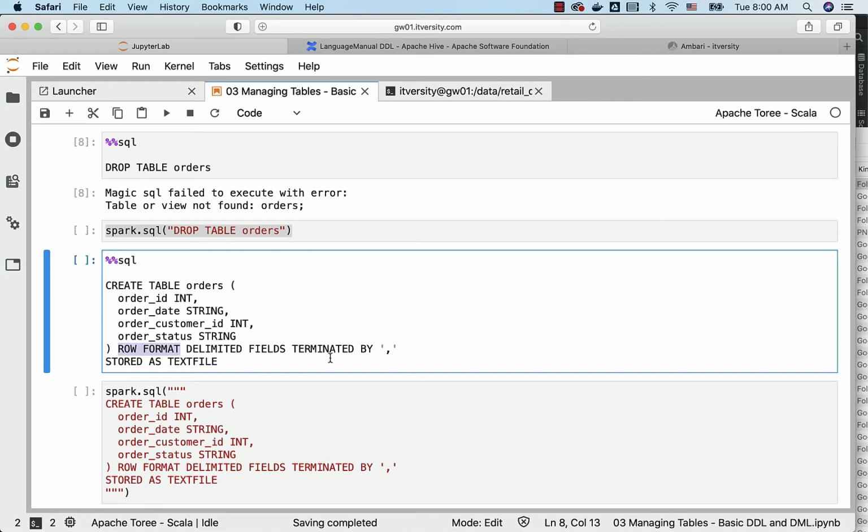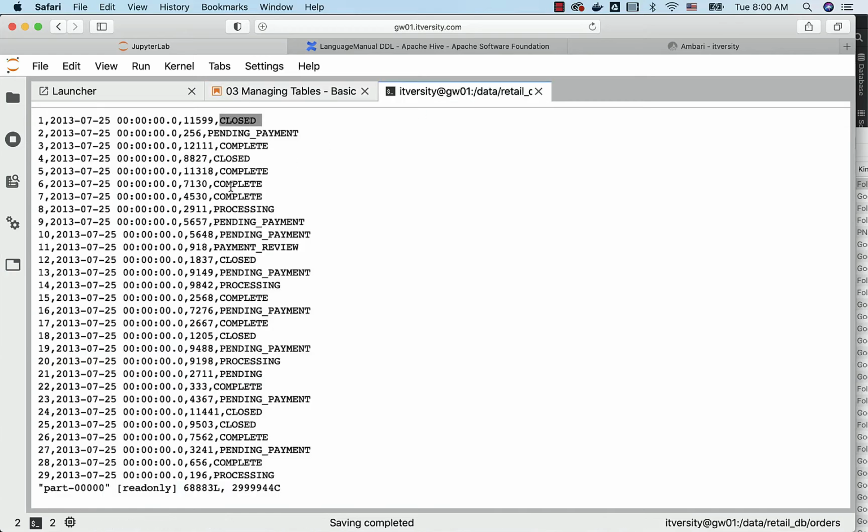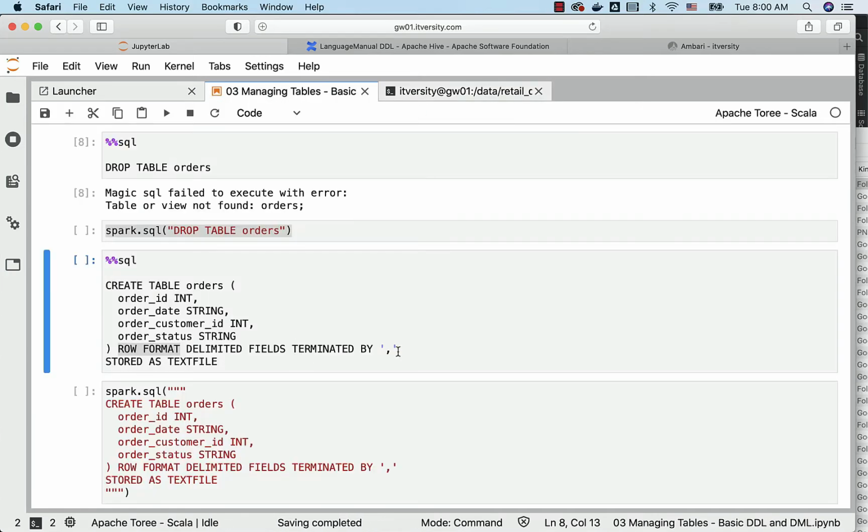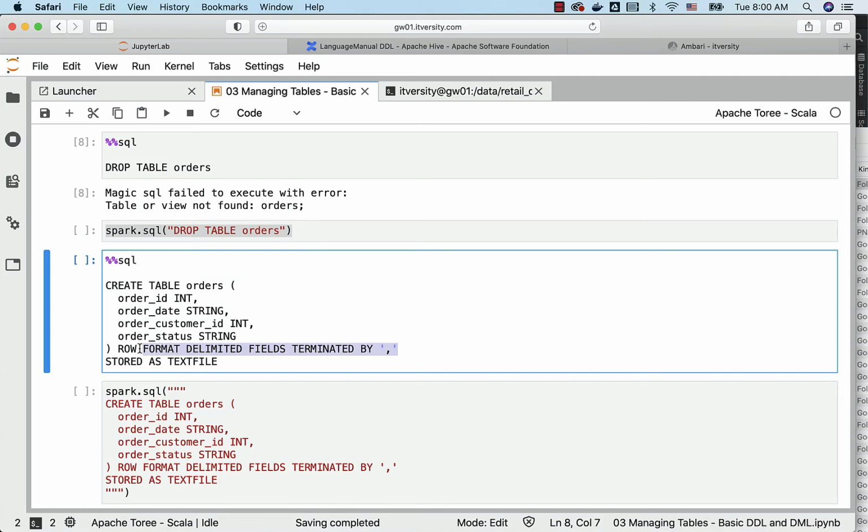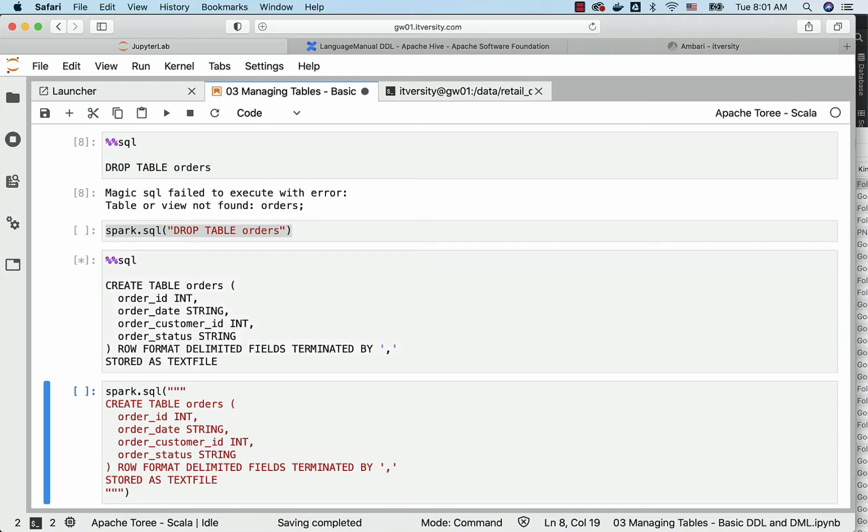We will see the syntax as part of the next topic completely, and I will re-emphasize these things at that time also. In this case, as the data is comma separated, we have to configure this while creating the table. Otherwise, it will use the ASCII null character as the delimiter, and you will not be seeing the results correctly. And then this is optional. By default, it is text file only. Whether you specify STORED AS TEXTFILE or not, it doesn't matter. It will automatically be able to accept these files, and we should be able to run queries against this table after copying the files into this table. So now let me create this table.